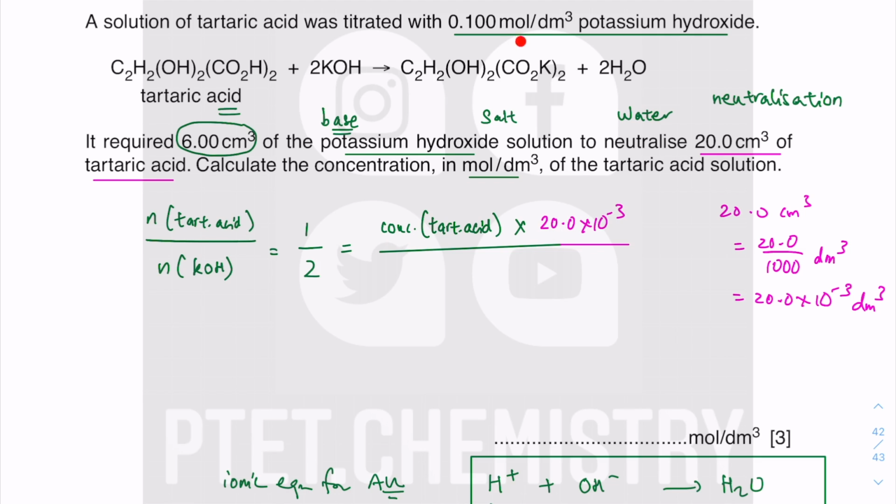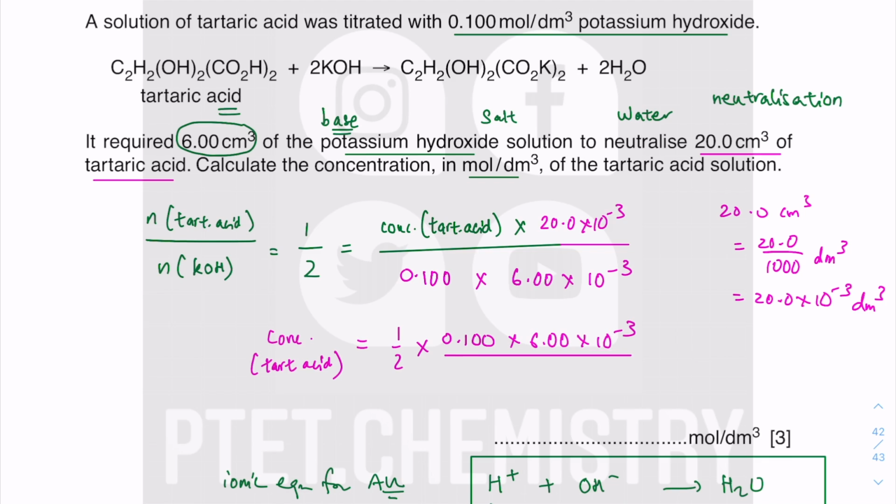So I have the concentration of the potassium hydroxide, 0.100 mole per dm³, and I need 6.00 cm³, so I convert that to dm³ as well. Now all I need to do is make the concentration of the tartaric acid the subject. So all of that at the bottom there will go up and this will come down. So it's a half times 0.100 times 6.00 times 10 to the minus 3, and what will come down will be 20.0 times 10 to the minus 3, and that should evaluate to